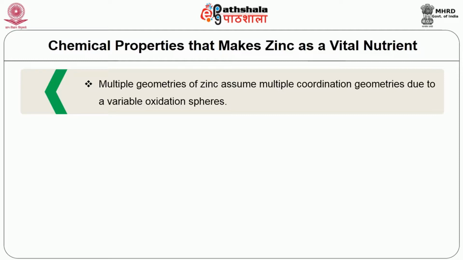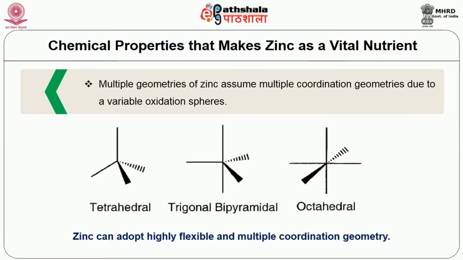Then the next important property is that it can form multiple different geometries, that means it has different coordinates and it can link with different structures within the biological system, for example proteins. Mainly it forms protein complexes, and that folding into different structures makes it essential for binding and biological reactions. As shown in this slide, you can see it has a tetrahedral geometry, then a trigonal bipyramidal structure and an octahedral structure.